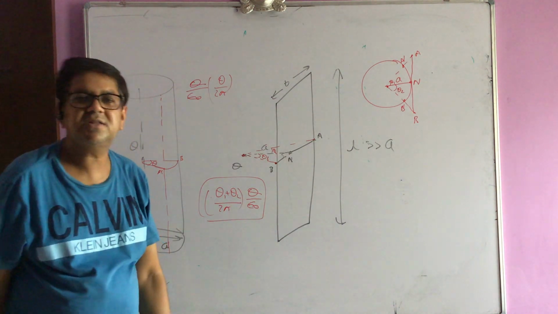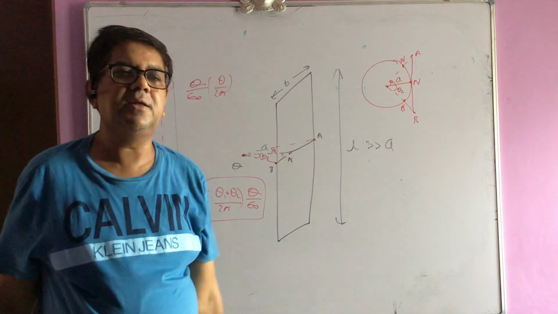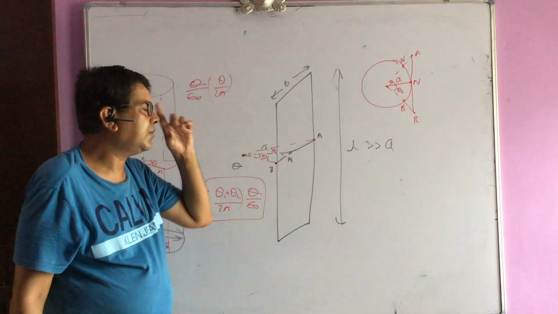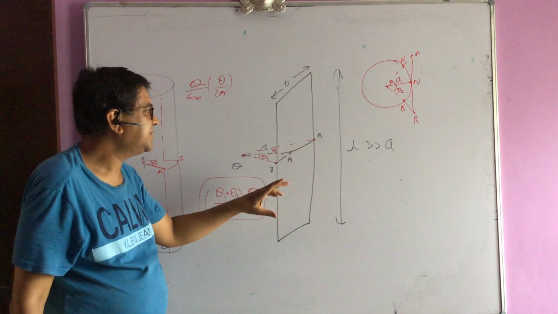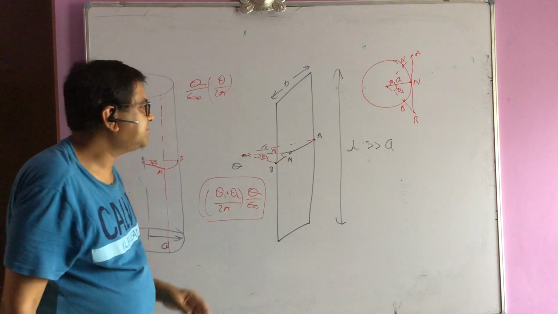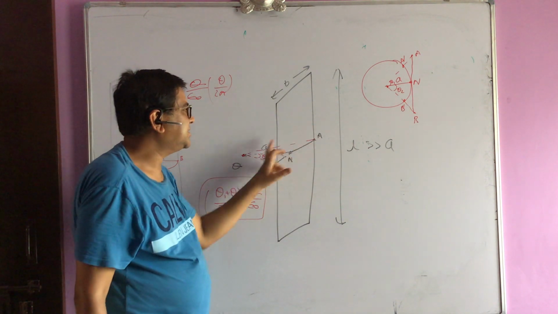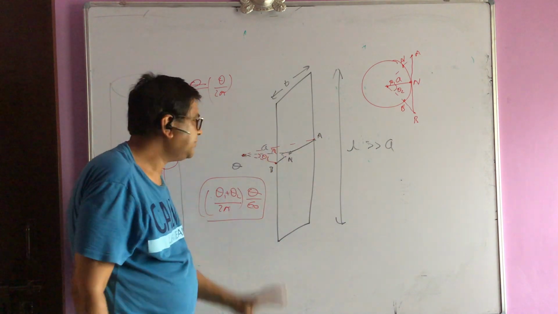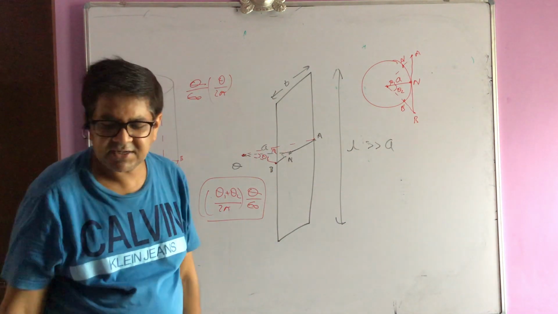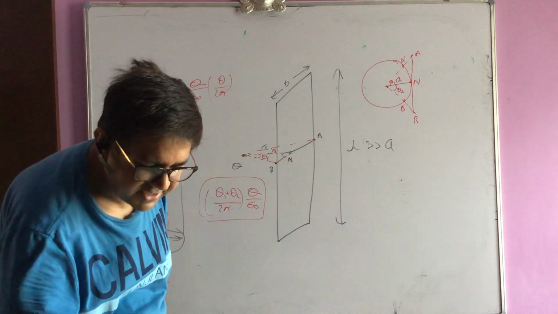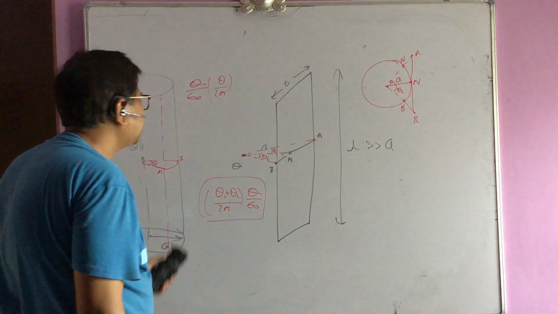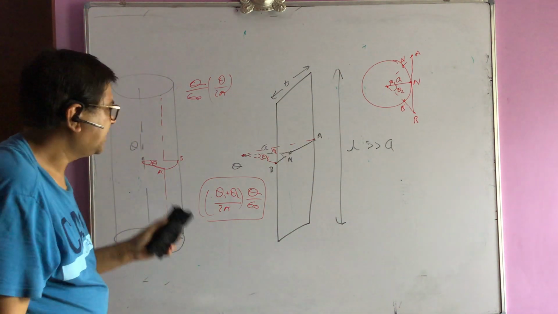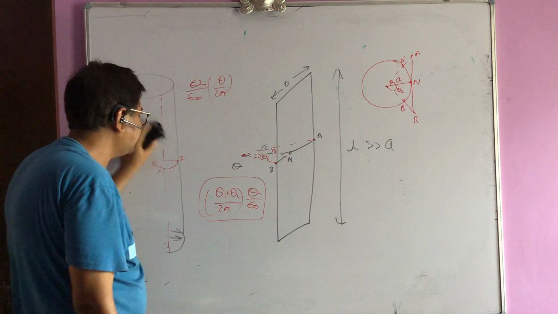So what you have to do in the surrounding of a long sheet, if you are placing the point charge, you draw a perpendicular on the sheet from that point charge and see what are the angles made by boundary of the sheet with that perpendicular. Say theta 1, theta 2, this is the flux. Now, if we apply it in some problem, you will get a greater confidence. So we have to geometrically present it.